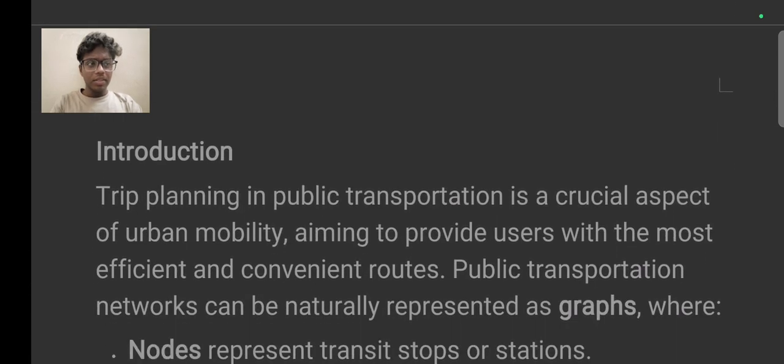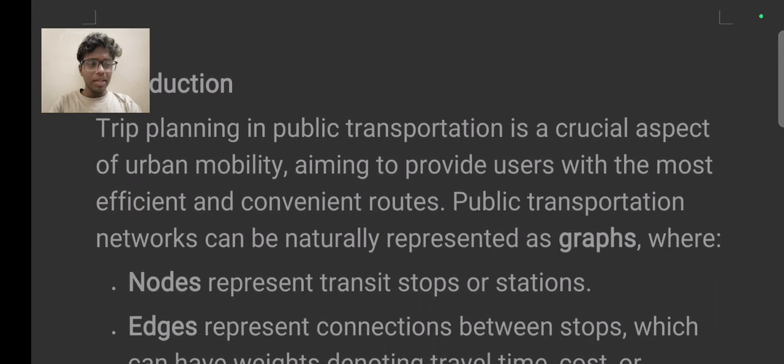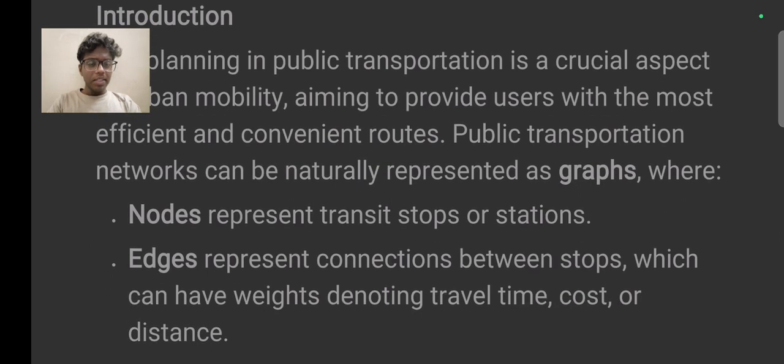Introduction. Trip planning in public transportation is a crucial aspect of urban mobility, aiming to provide users with the most efficient and convenient route planning. Public transport networks can be naturally represented by graphs, where the nodes represent the transport